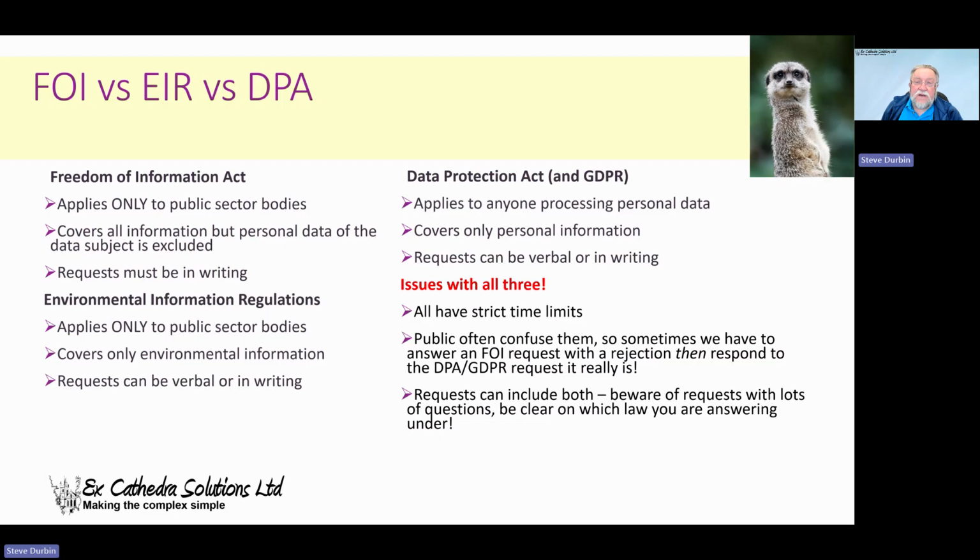So if you're subject to FOI, you have to answer the FOI request as well, which of course will be a refusal because the personal data of the data subject, specifically of the requester, is specifically excluded in FOI. But you have to say this, and I've had up and down this with the ICO about this, so I speak from experience. Basically what you've got to do is you need to say, okay, I'm not treating this under FOI because it's excluded, therefore I've refused the FOI request. However, we're treating this under the data subject access right, therefore we're going to do it this way. Okay, those have to be in writing, by the way.